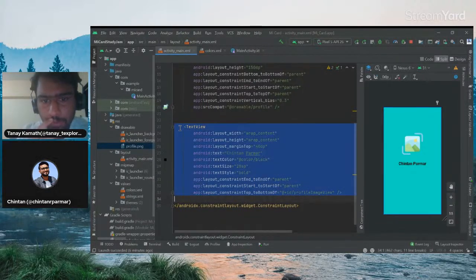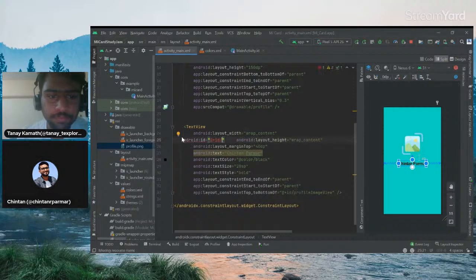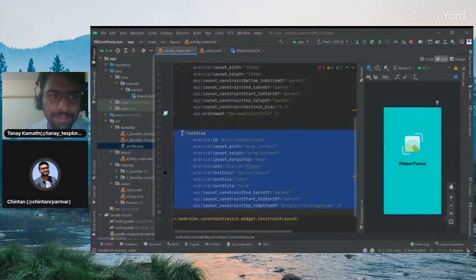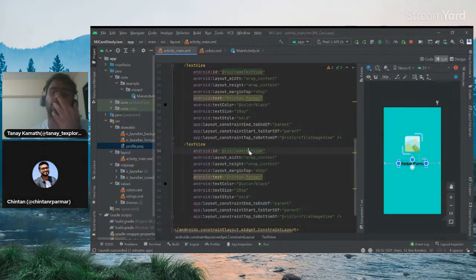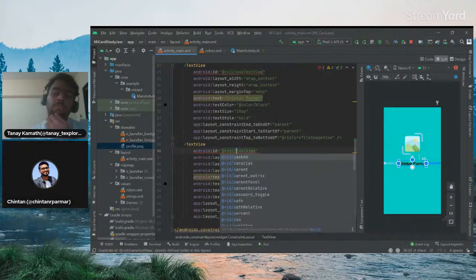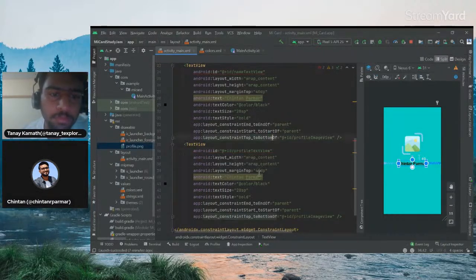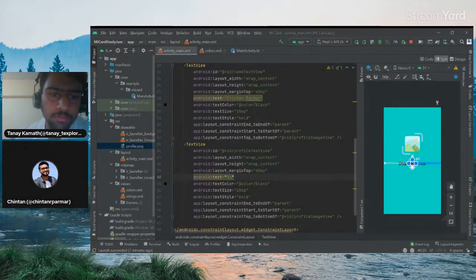And now we want one more text view, but before that, we'll give some ID. We'll name it as name text view. I am just going to copy paste this, and then we'll add some property. Instead of name, I will write this now as profile text view, like what work I do. So suppose I will remove this, and